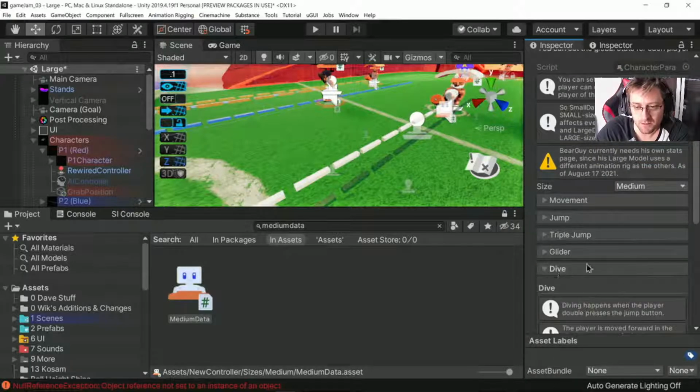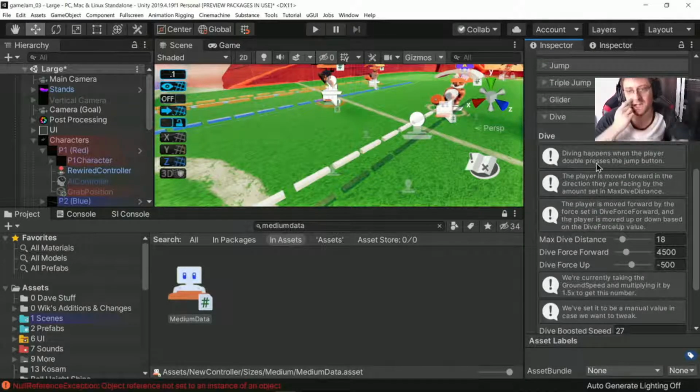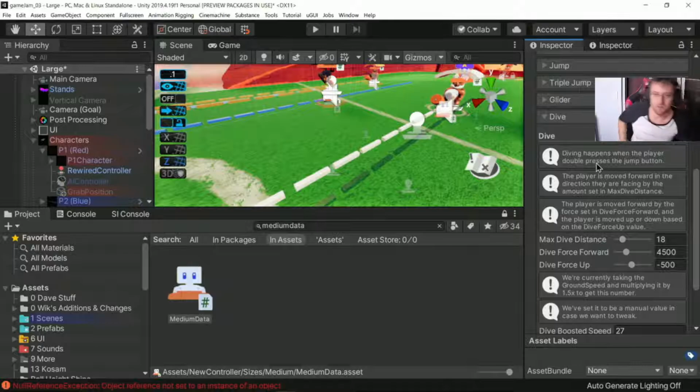So, I'm not seeing any of these info boxes yet, but diving happens when the player double presses the jump button. Very, very important, because the jump button obviously could be A, but it could be whatever. The player is moved forward in the direction they are facing by the amount set in max dive distance. This actually, I should probably move those info boxes to each line. And then they're moved forward by the force set in dive force forward, and then the player's moved up or down based on the dive